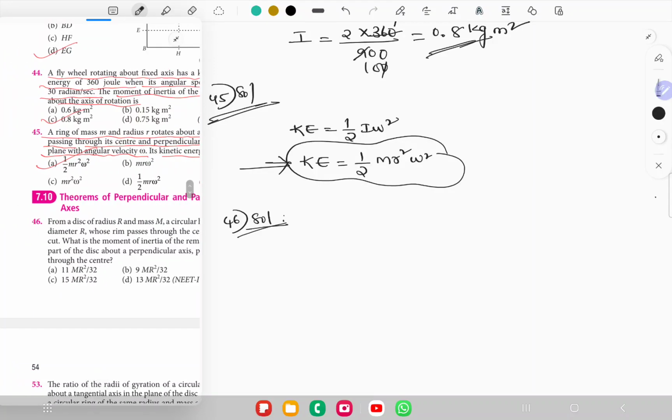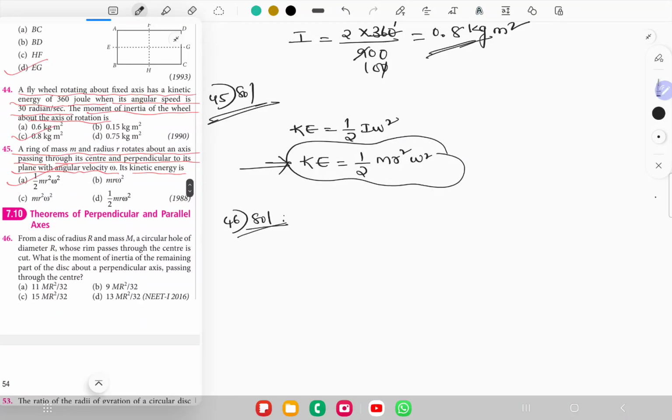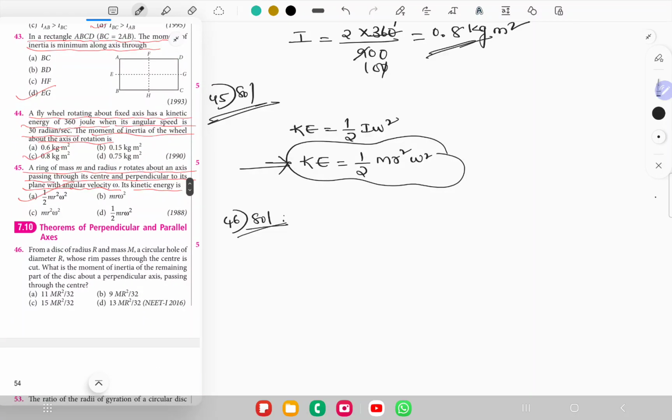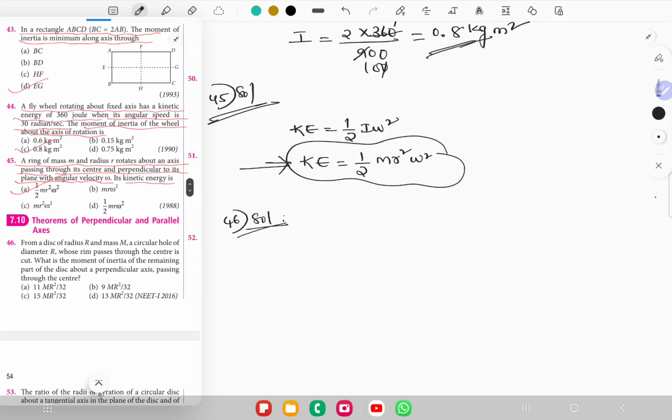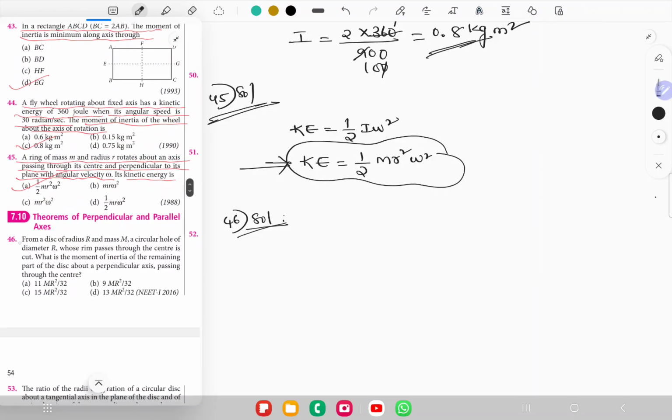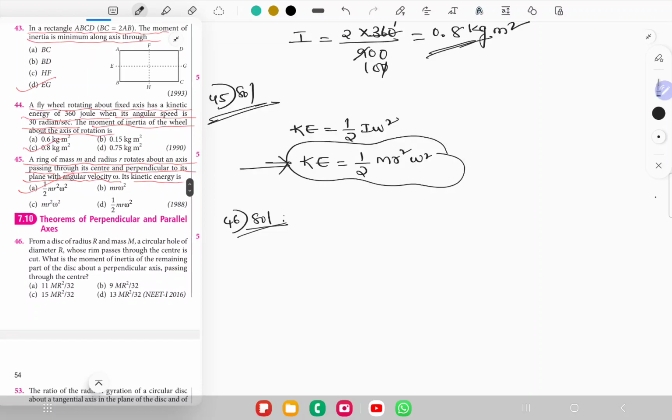Question number 46. We did solve numericals up to 45, right? Now in part 2 we completed numericals up to 45. Now in part 3 let's start from the 46th question. Now the question they are asking is,